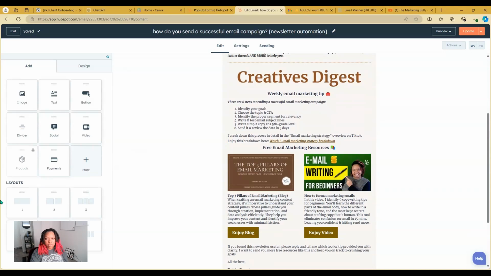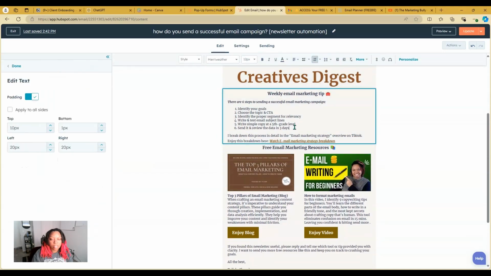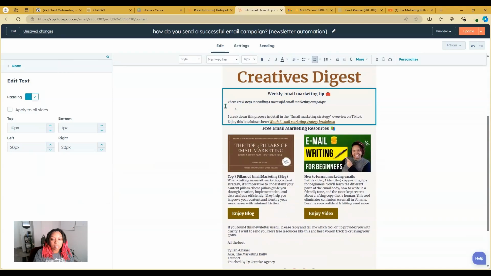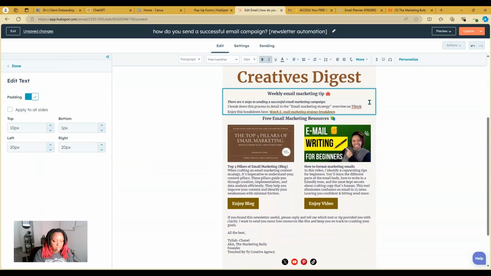So it says weekly email marketing tip. There are 6 steps to sending a successful email marketing campaign. Identify your goals, choose the topic and CTA, identify the proper segment for relevancy, write and test email subject lines, write simple copy at a 5th grade level. Instead, I really like talking about email design right now, so I think that's something I'm gonna focus on